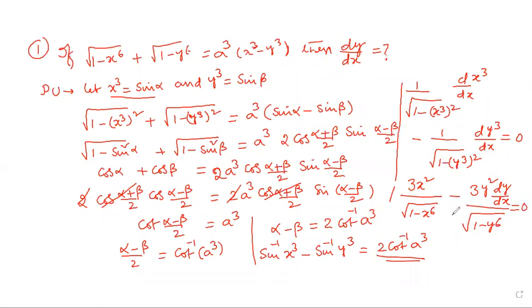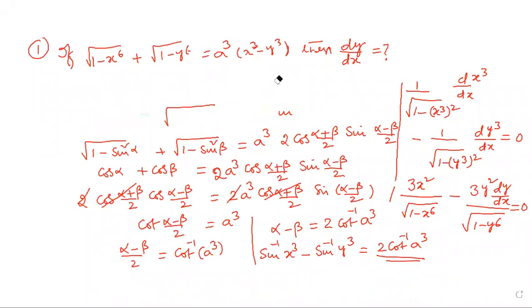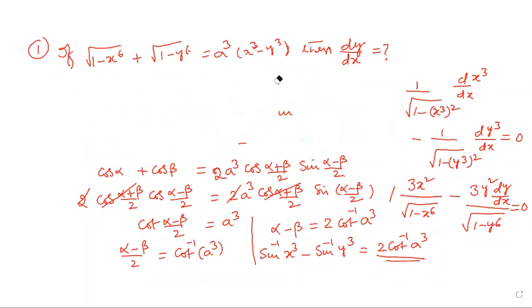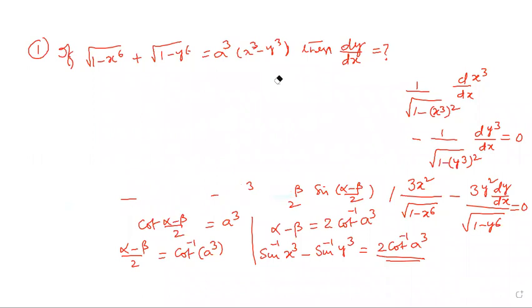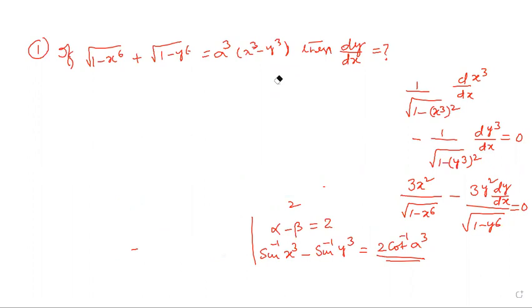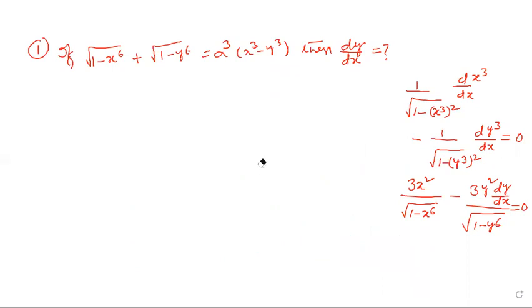Okay? Now I am going to write the final answer. Everyone see, the final answer I am going to write. PU method is completed. The same PU method I am going to work out in the J objective CET model. It is a very simple objective model. Within seconds, whatever answer we get, we can represent that answer immediately. I will write the answer, everyone see.